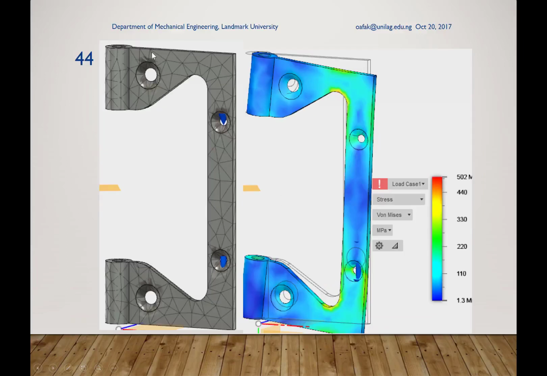So again, this is the third component, that is the outer. If you look at it, this is the meshing of it, and this is actually a demonstration of the displacement that has happened to it as a result of this extreme loading. In fact, the loading we gave it is far in excess of the loading that a normal door will give, just for the purpose of our analysis. Sometimes you deliberately overload the element to see where problems will likely arise first. So we will talk more about that at a later stage.